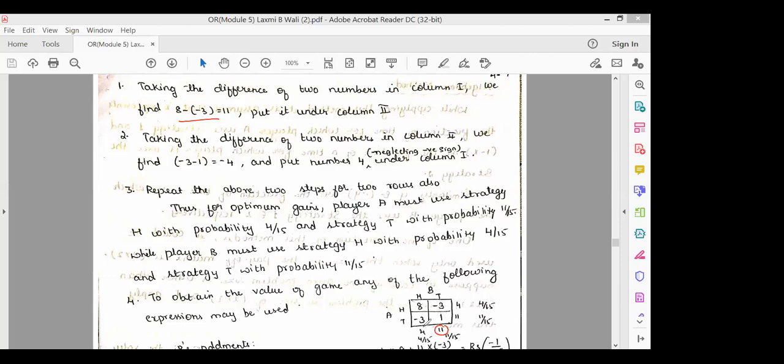So write this difference next to this column. The same way, now consider the difference of row elements, the elements which are in the row. Now the difference of 8 and -3, that is 8 minus of -3, is 11. Write that value next to second row. Similarly, the difference of this -3 and 1, that is 1 minus of -3, is 4. Write this difference next to first row. So what we are doing here, we are following the procedure of an arithmetic method.